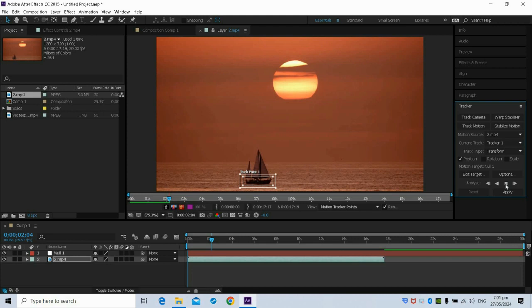Because there are instances, if the selection of the track point is not correct, that the track point stops. Just to make sure that everything is okay in terms of tracking the motion, play it until the end of the motion.